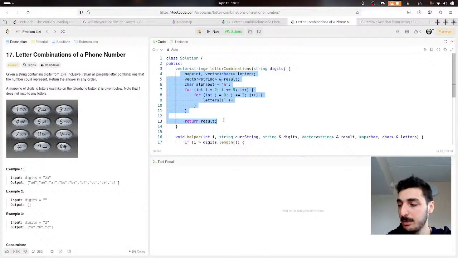So 30 minutes should be enough for this problem, and if you cannot do this problem in 30 minutes, that means that this problem is too hard for you. So you have to go to an easier problem,